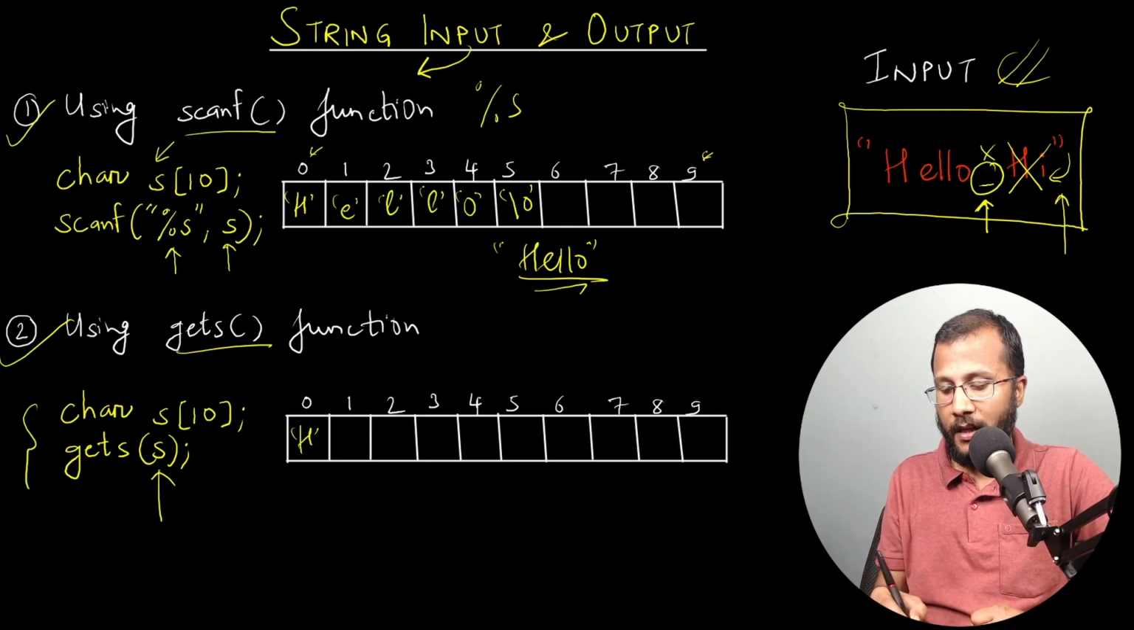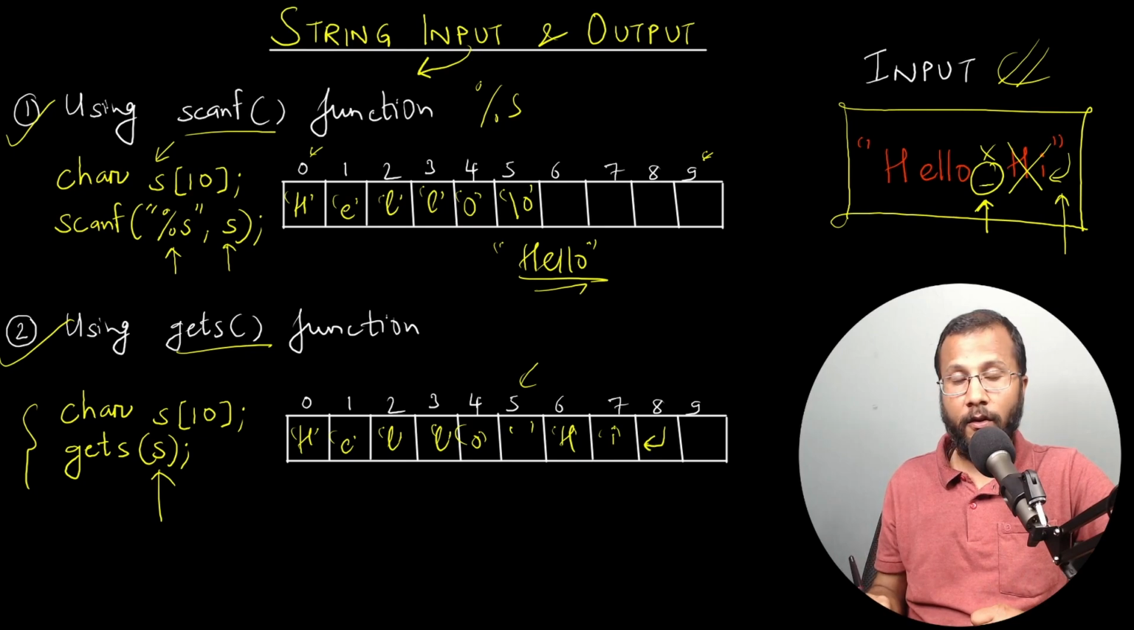So here h comes, e, l, l, o. At index 5 you will get this space, a space character. Then h comes here, then i comes here. Now this is the enter character, let's say a new line character. This new line character at index 8 will be replaced by the null character, so \0 will be stored here. This represents the end of the string. So the output here is